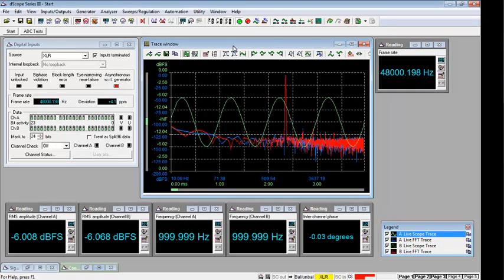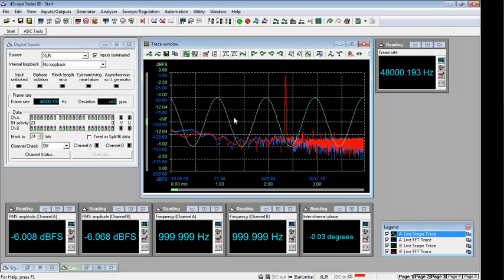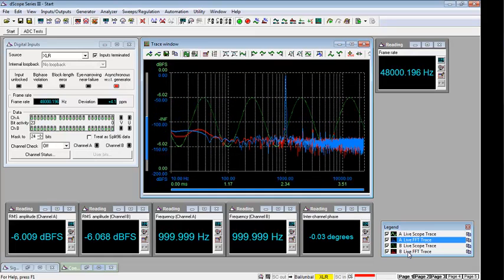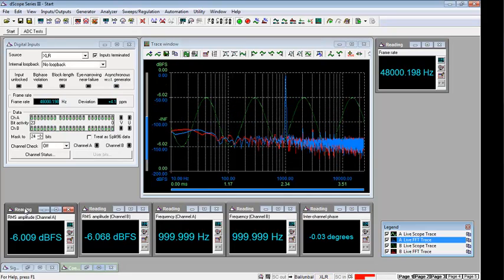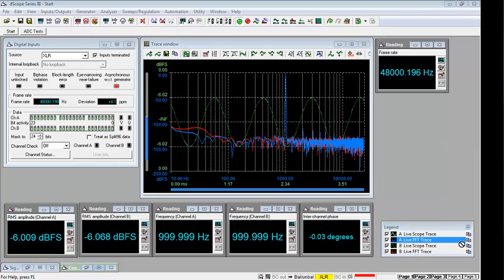and on my trace window here you can see that I have a time domain signal in green and some FFTs of channel A and B in blue and red respectively. Now you may notice that the y-axis of these traces, both time domain and frequency domain, is currently shown in units of dBFS, and I also have some signal amplitude readings down here at the bottom left hand corner, again in units of dBFS. Now I'm going to ask you a question by means of a NetViewer survey,